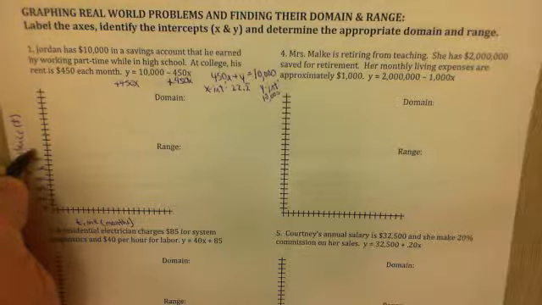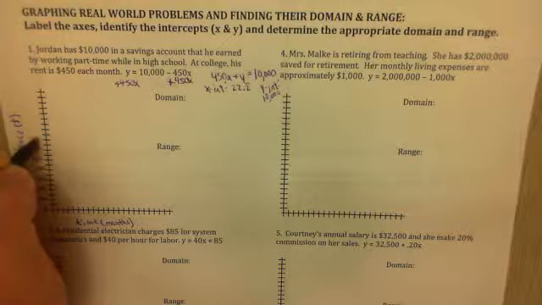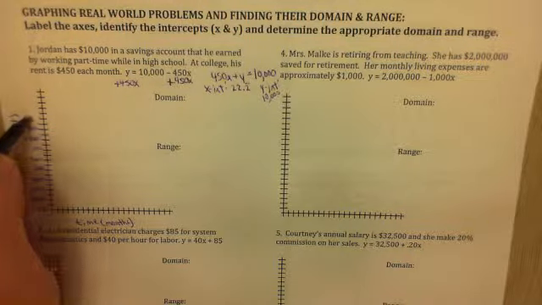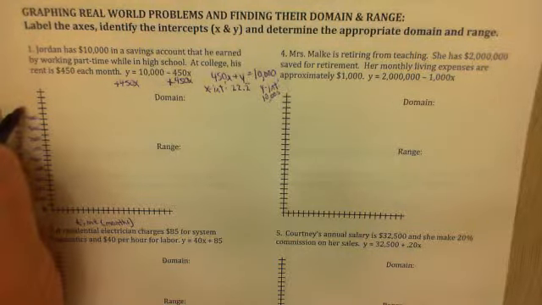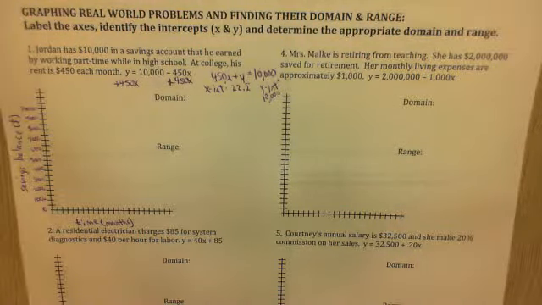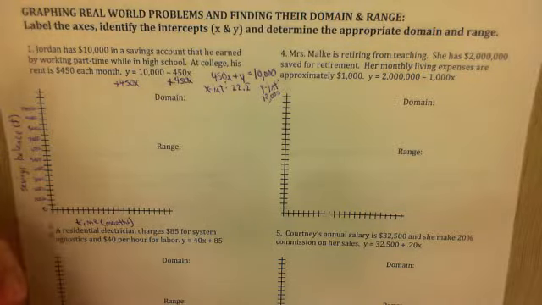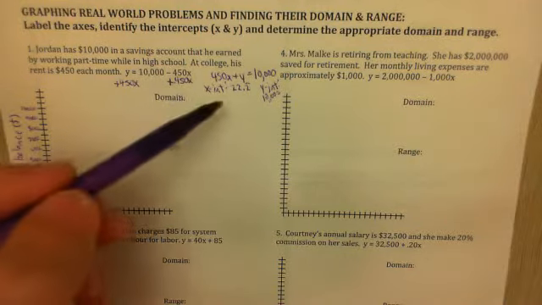So there's 5, 6, 7, 8, 9, and 10. Alright, and so now there are some leftover marks, and we could keep going. We could put 11,000 up here, but it's just not necessary since we're only going up to 10,000, so we're going to stop there. Alright, now the x-axis being in months, we know that the highest number of months we